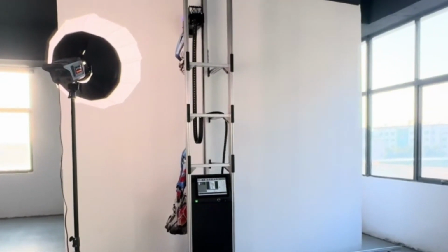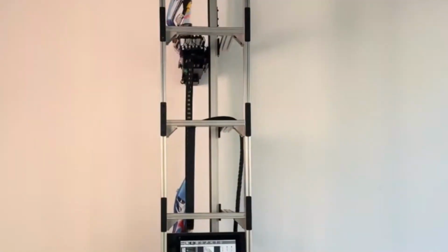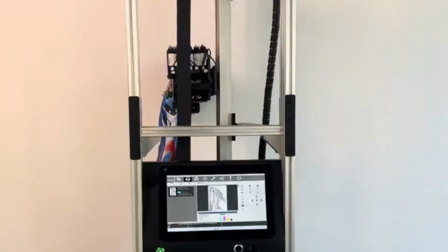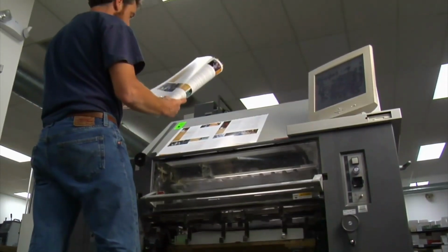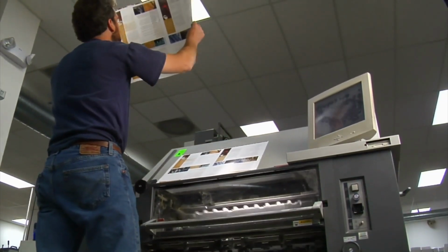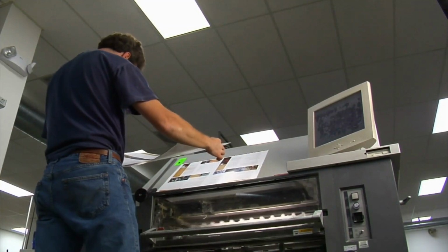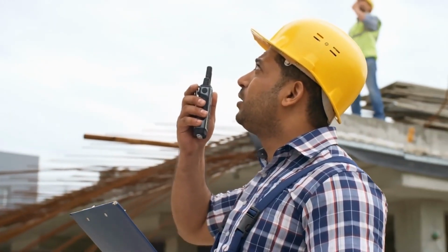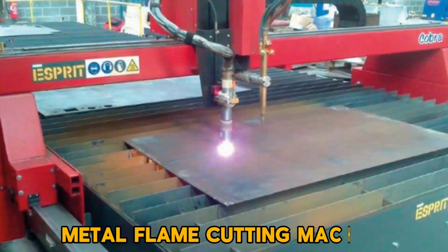As businesses and individuals seek unique and customized wall decorations, this machine provides a scalable opportunity to meet the demand with minimal operational costs. Entrepreneurs can offer custom printing services for businesses, schools, cafes, and real estate projects, turning creativity into a profitable venture. 9. Metal flame cutting machine. Ideal for heavy-duty applications in industries like construction, shipbuilding, and metal fabrication, the metal flame cutting